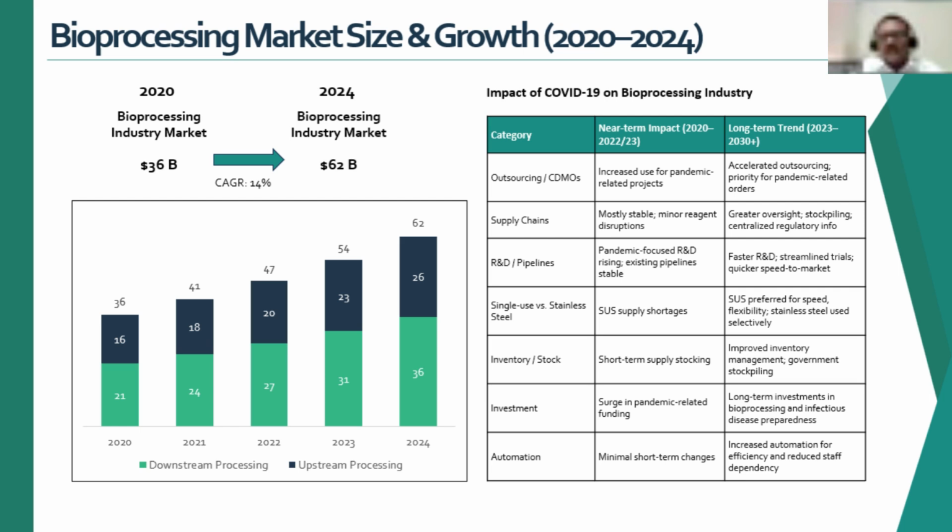I'll explain the drivers for the growth of the market in the later slides. But here, I just wanted to summarize the impact of COVID on the bioprocessing industry. So during the COVID period, or in the historic last 5 years, because of the disruption in the supply chains, many companies wanted to strengthen their supply chains. And in the forecast period, all companies are focusing on stockpiling or centralized regulatory information